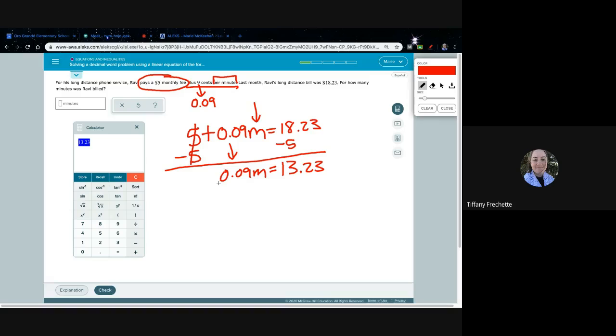So now what we want to do is undo the multiplication that's happening here. So we're going to divide by 0.09 on both sides of our equation. First let's cancel this out. So 0.09 divided by 0.09 cancels. M drops down. We want to divide by